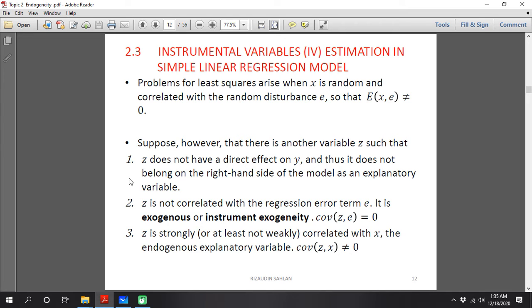This one refers to the z does not have a direct effect on y. Then the z is not correlated to the error, it must be exogenous, strictly exogenous. And number 3 is of course the z must be correlated to the x. The z must be correlated to the x. If we get something like this, it means that we can do the instrumental variable estimation, but of course we